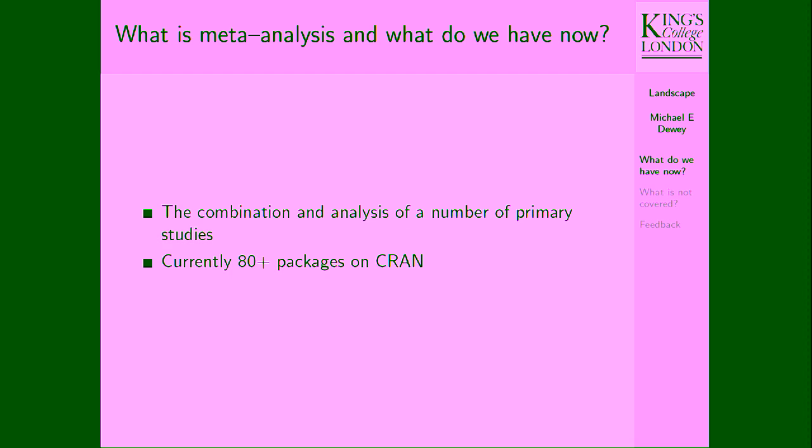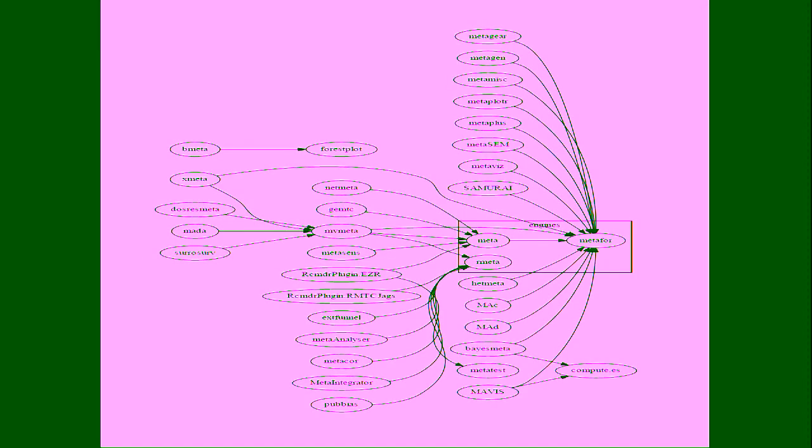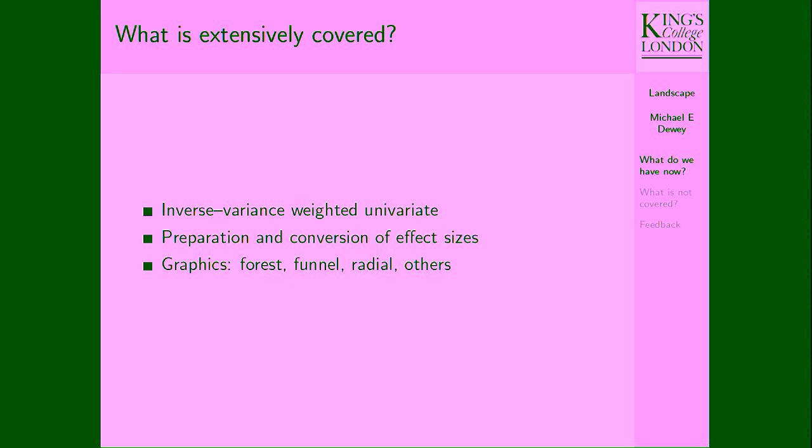Meta-analysis, just in brief, is the combination and analysis of a number of primary studies. And there's obviously a lot more to it than that. There are currently, as far as I can count them, about 80 plus packages on CRAN for doing this. I was quite surprised when I drew this graph. There's an arrow between any two packages which depend, suggest, or import. The rectangles are the main engines, as I would regard them. There are three of them, and the other packages provide enhancements or